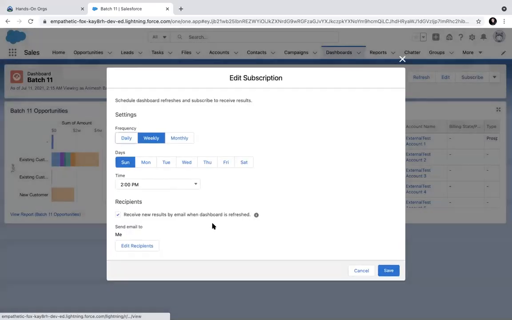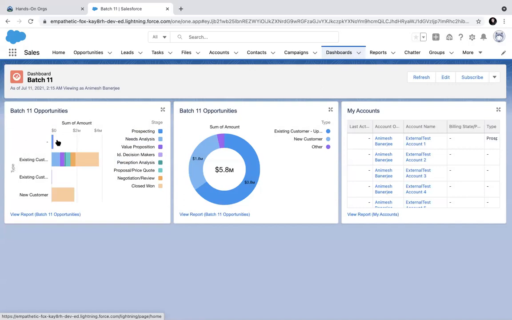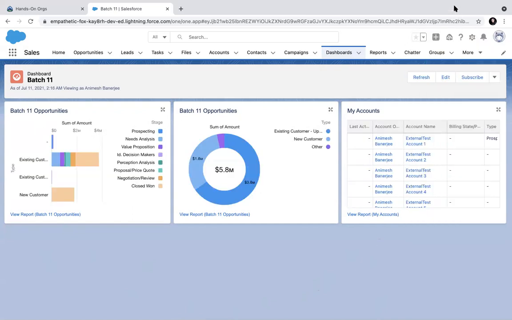So you just say who are the recipients and that's it. Game over. It comes into mail. So this dashboard is just like a snapshot itself. Reports were live data, but a dashboard is not live data. A dashboard needs to be refreshed. A dashboard stores data.